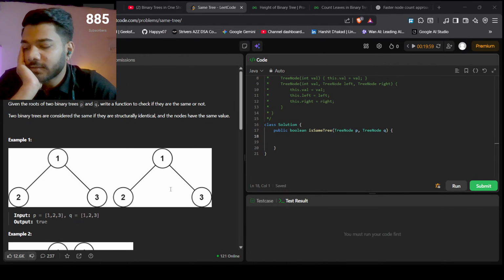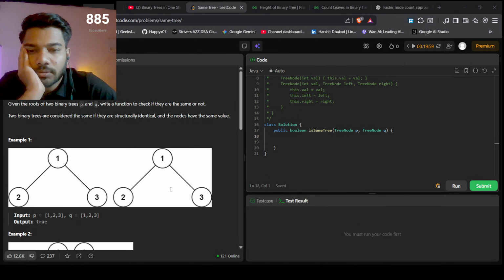First, we need to check if the root node is null. If the root node of both is null, then we can return true. If only one is null, then it is false. And if the root data is the same,